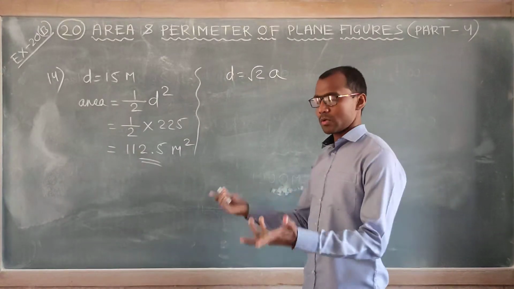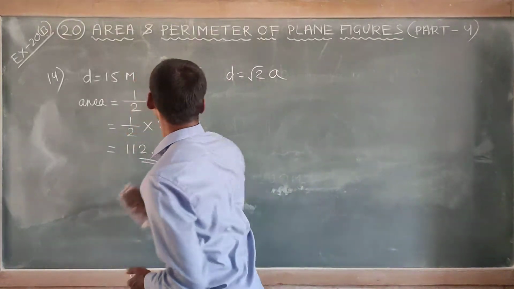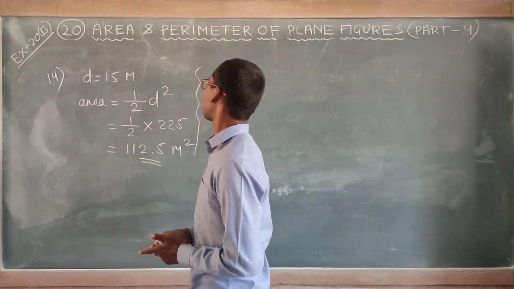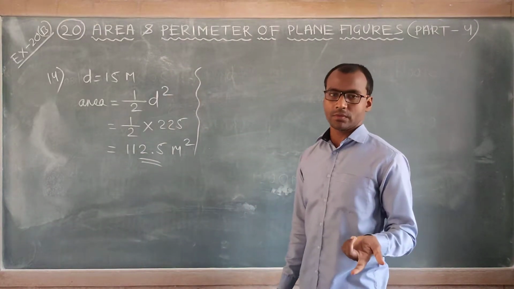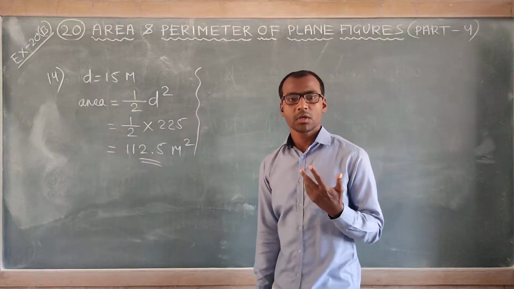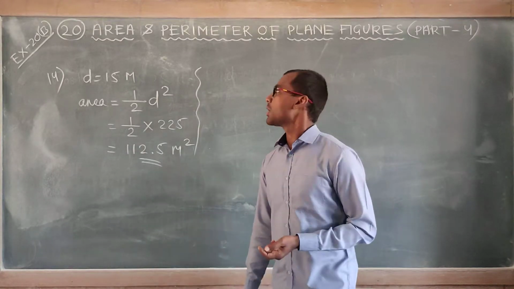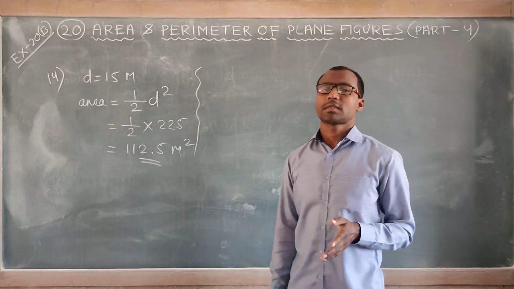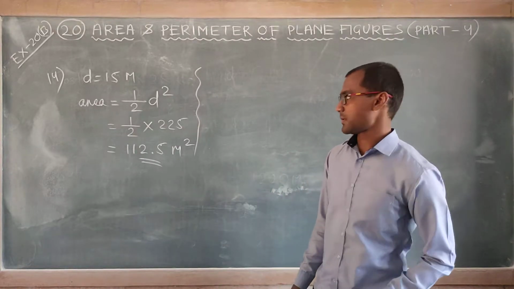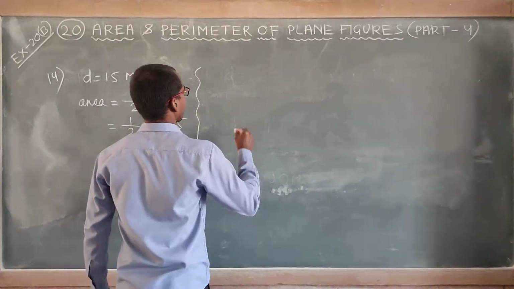If you are not able to remember this, no problem. Every time you will forget this formula because it is very rarely used. The thing that we use the most remains in our memory by repeating. But this relation between diagonal and side of a square is used very rarely, so you may forget this. Okay, no problem. If you forget, we can use the formula